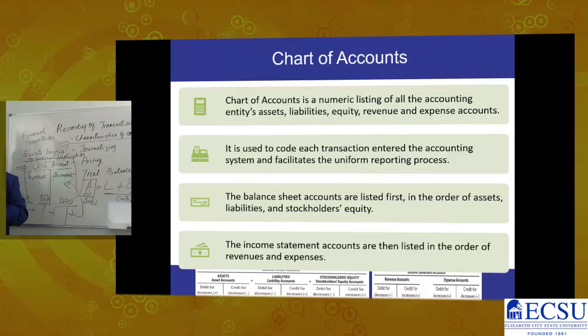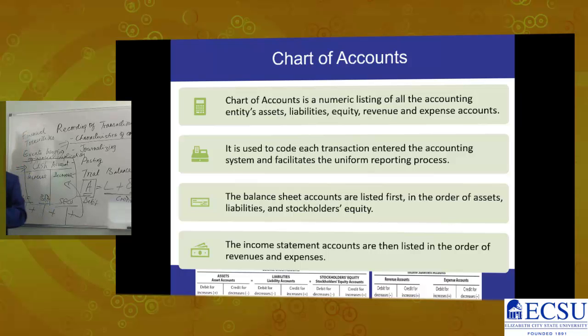Now, basically, it has become more relevant in terms of computer system, because you want to code, and most of the accountants like to use the numerical side of the keyboard rather than the alpha side of the keyboard. Therefore, they are coded in such a way which is easier for them to locate the information and input that